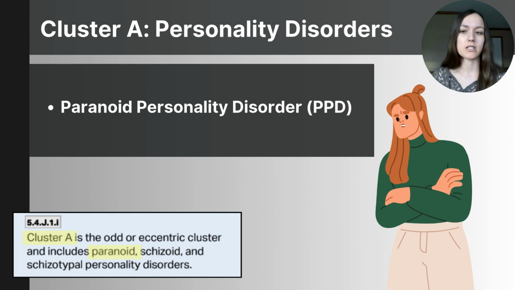And then also seeing attacks that aren't actually there. So this would be like overreacting to imagined slights with anger. Another symptom would be unfounded suspicions of infidelity. So, constantly suspecting a partner of cheating without proof. Paranoid personality disorder is different from psychotic disorders, even though it has a little bit of that similarity of paranoia. But unlike the delusions that you might have in schizophrenia spectrum disorders, paranoid personality disorder does not involve clear delusions or hallucinations, and the paranoia is much less severe, but it is persistent.